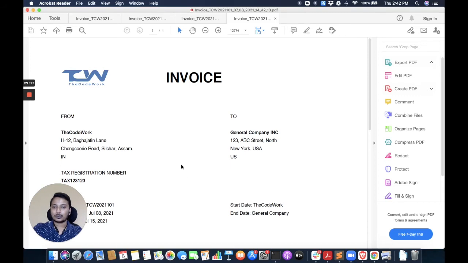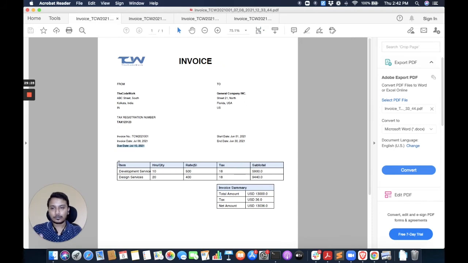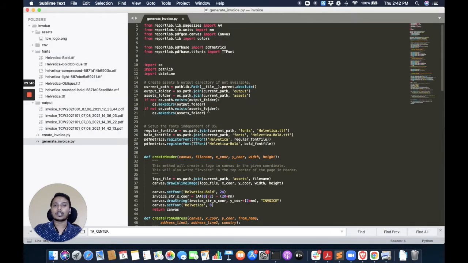From address, to address, tax registration number, and then we have the invoice details here as well. Okay, so the next thing that we need to do is fill up the items over here. Now these items we will keep dynamic later on. We will feed them in a loop, but for the time being, let's create a static data point for this. Okay, we will use ReportLab's Table